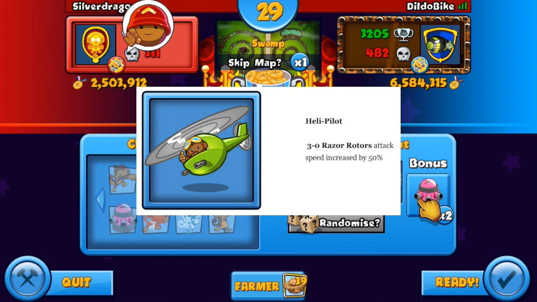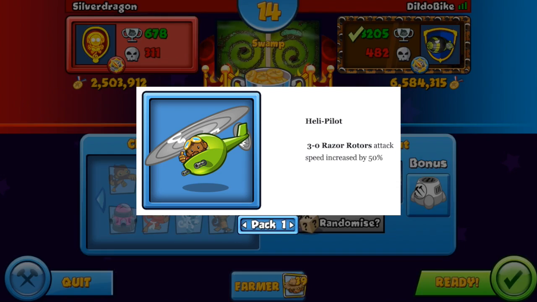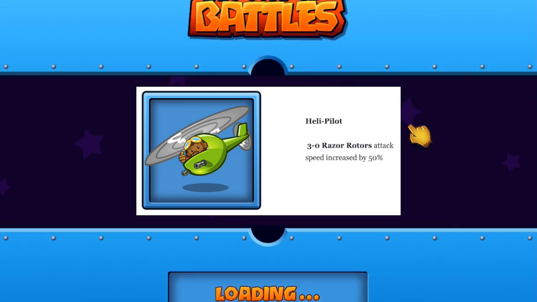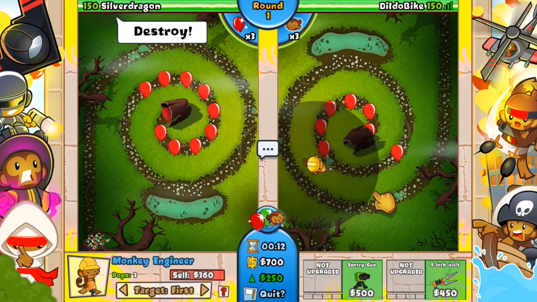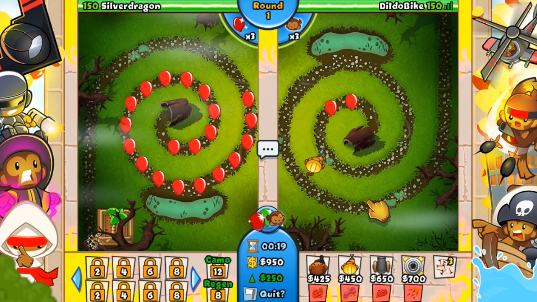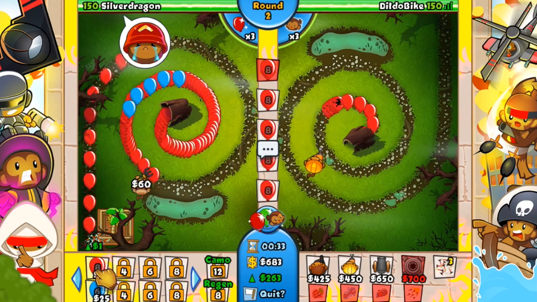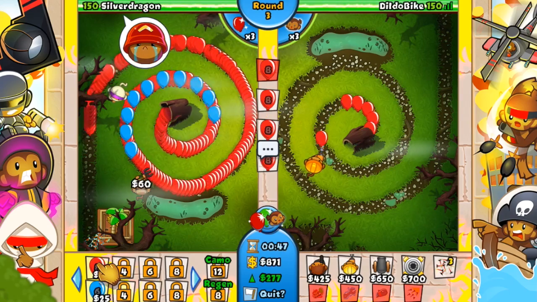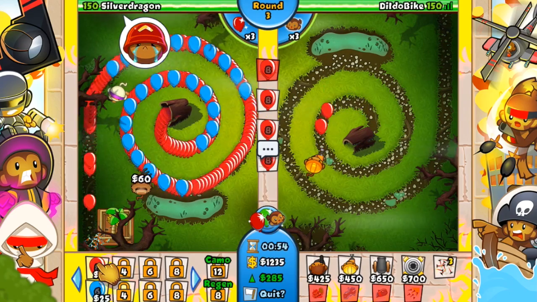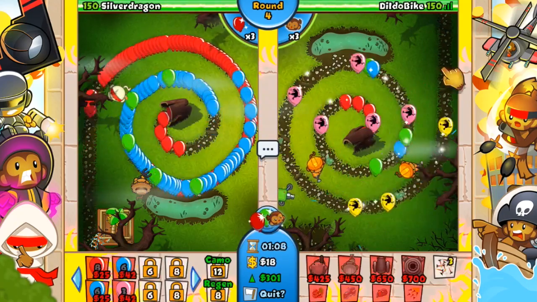For our third tower here, we have the Heli Pilot, which has only one buff, but it's an interesting one nonetheless. It's the Razor Rotors, and the attack speed is increased by 50%, and this upgrade is shit in general. It's honestly trash. I think the one time I used it, I got a single 3-0 Heli Pilot, and it knocked grouped green balloons down to grouped reds, some grouped blues in there, and that was honestly trash,